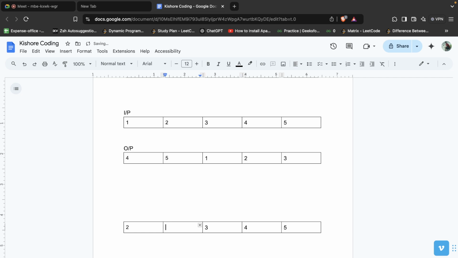And why I'm doing this, I can tell you. Okay, so let's take 1, 2, 3, 4, 5. If I do this, it will be 2 and 1, 2 and 1, right? And this will be 5, 5, 3 and 3, right? And if I now try to do the full rotation,